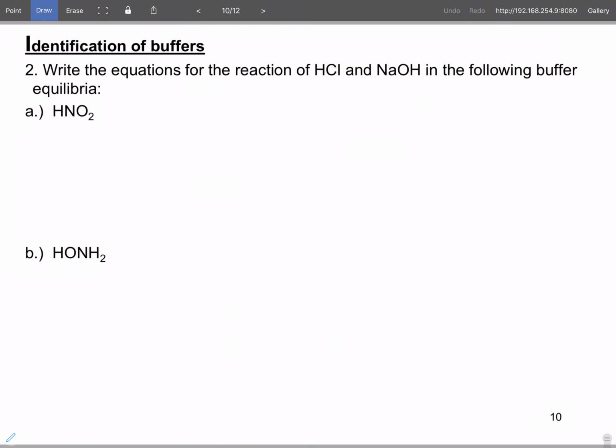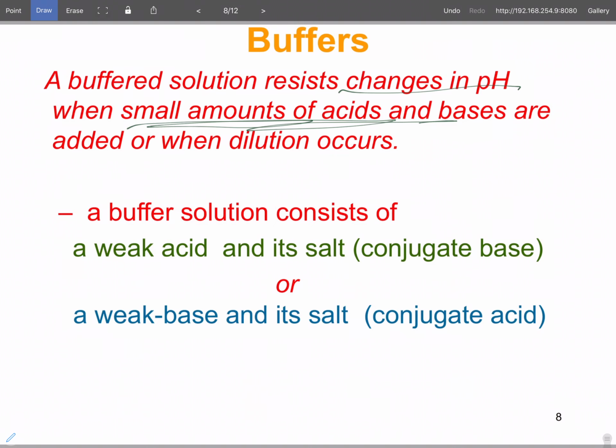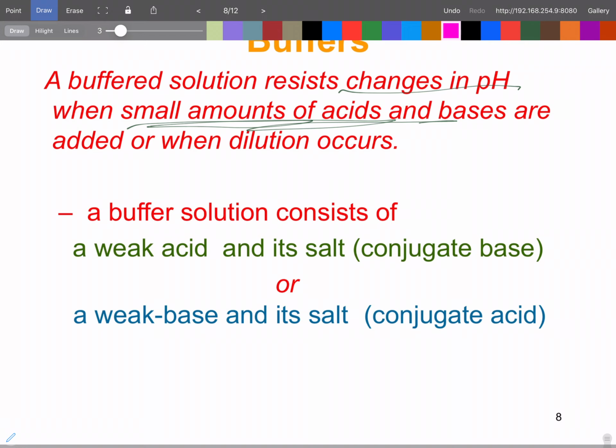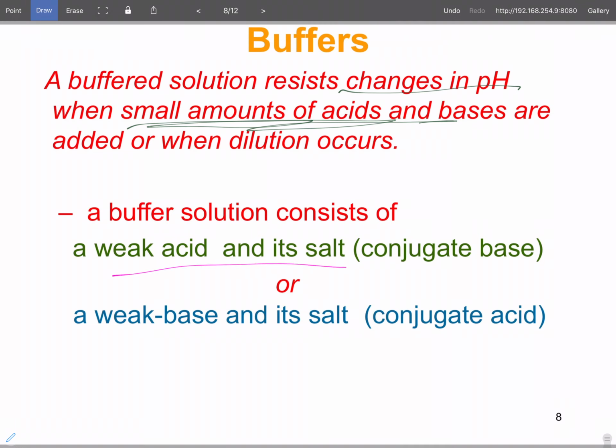Okay, so let's go back to the ones we skipped. We said what buffer capacity was. Now let's talk more about how a buffer actually works and what we can use with it. So it has to be a weak acid and its salt, or a weak base and its salt. Now, here's the tricky part. The salt can either be added, for example, as a group 1 salt, like sodium A, and so on. Or if you take a weak acid and add a strong base to it,